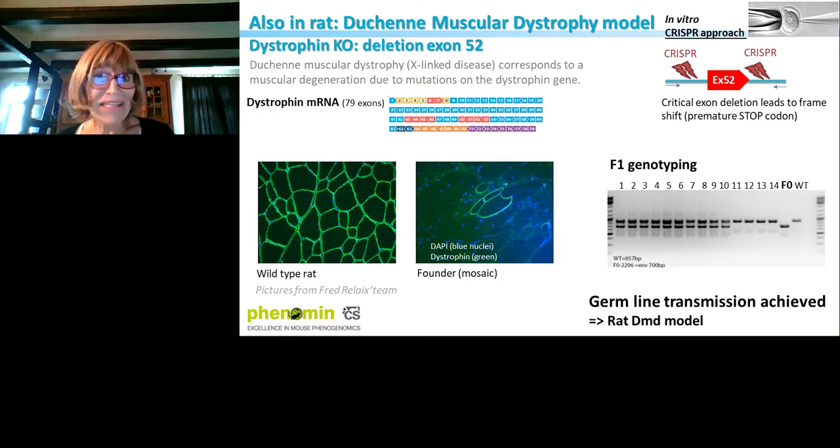Here, again, it's interesting because often the examples that are shown about the efficiency of CRISPR are used on this model of myopathy, because this gene, dystrophin, is located on the X chromosome. This means that when you work with males, it's much easier than when working with females, where you have 2 alleles to target, both chromosomes. In males, as it's on the X chromosome, you have only 1 allele to target.